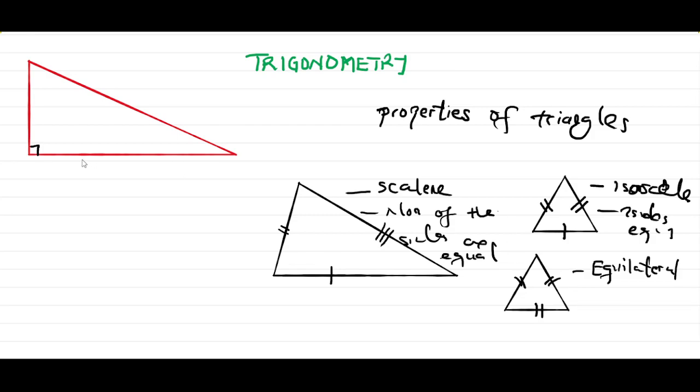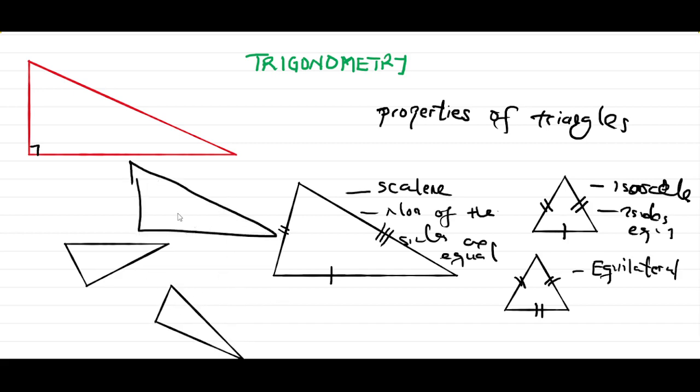Also, even a right angle triangle may have associated lengths like this. We may have a triangle, in this case, that is right angle, where let's say this is the right angle, but then this side and this side are both equal. They may not be equal here, but in this case they are both equal. So in this case we say this is a right isosceles triangle, but you don't have to memorize this name. Just know that we have some triangles whereby two of the sides are equal, or all three sides may be